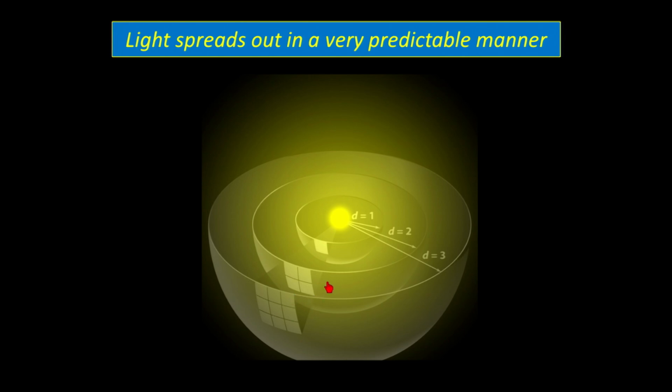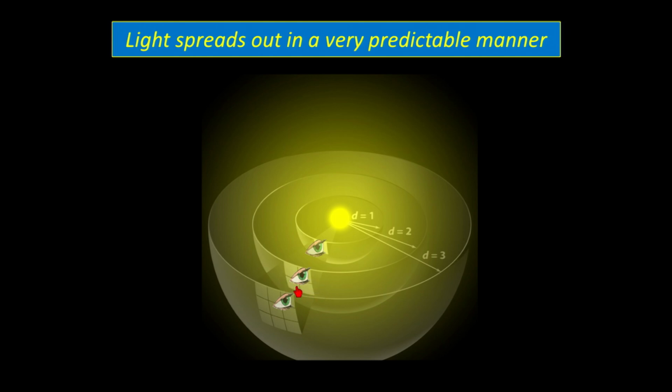And so what you'll notice is, if we had the ability to put our eye, and let's say that our eye takes in the entire square, let's put our eye at 3 different distances, and then what we're going to do is judge the brightness of this star by what we perceive at each of these 3 distances. So all of the light goes into your eye, but what I want you to notice is, at this distance here,